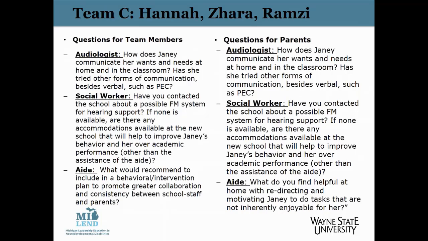Janie, from my experience, she is very social. She likes to socialize and talk more than engage in schoolwork. She can be somewhat combative and avoidant when engaging in activities that are not inherently stimulating for her. And she tends to have difficulties with reading social cues and the pragmatics of social situations.